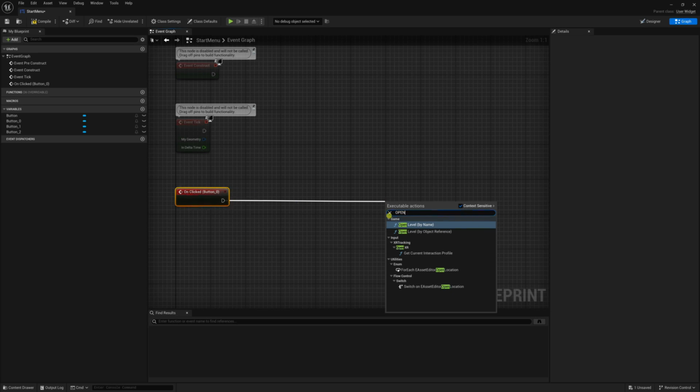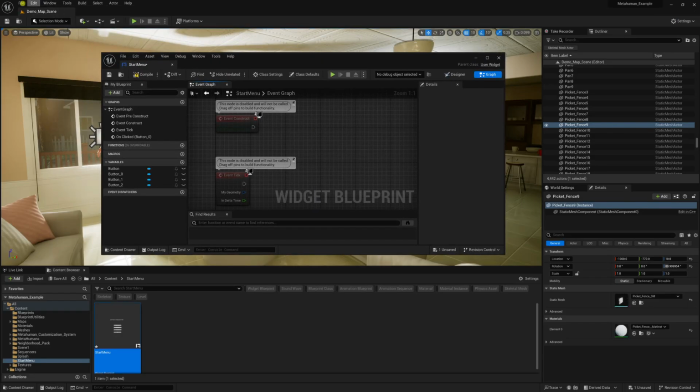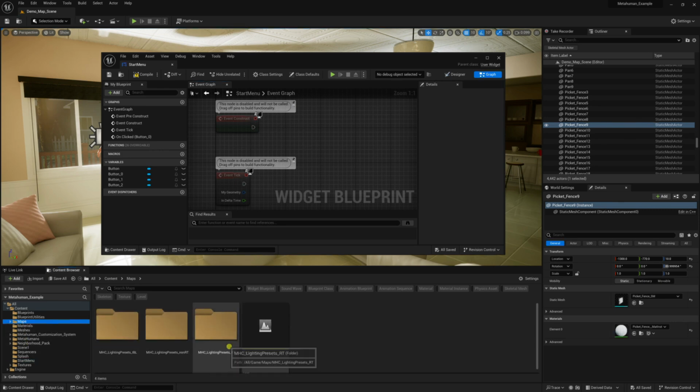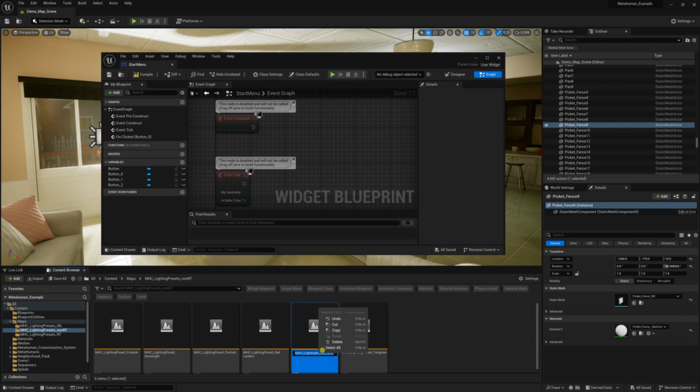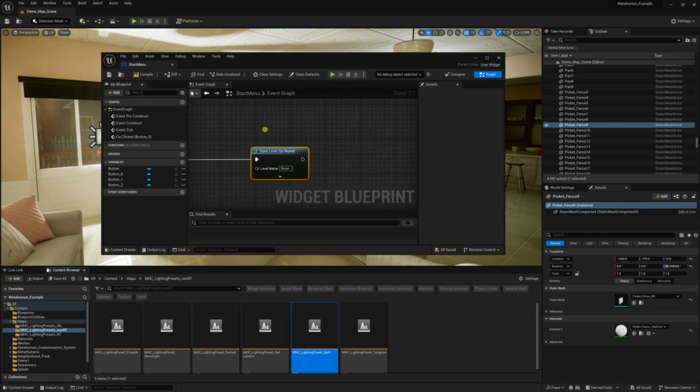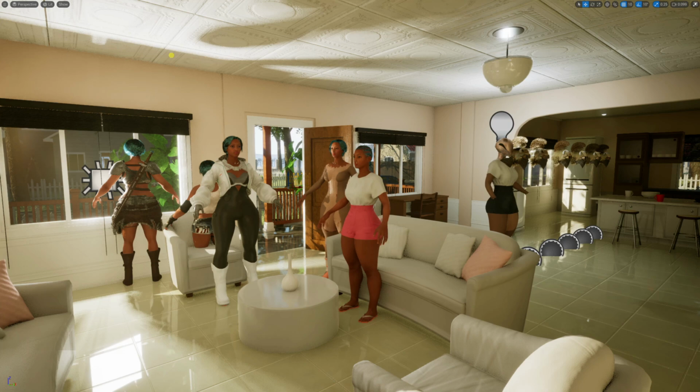So drag from on clicked and open level by name. Okay, I am going to find the level which I just showed you in my content browser. It's found in maps. You find your level, I'll find my level. This one's found in maps, MHC RT, MHC non-RT, because it's not an RTX level. So I'll open that up. This is the level. Okay, so I'll copy that name, and on level name, paste that there, save that, and we are good to go. So if I press play,